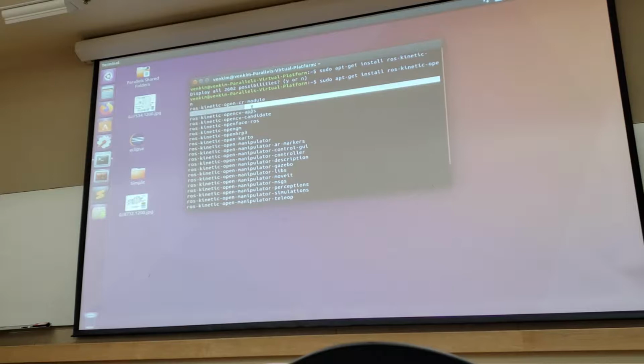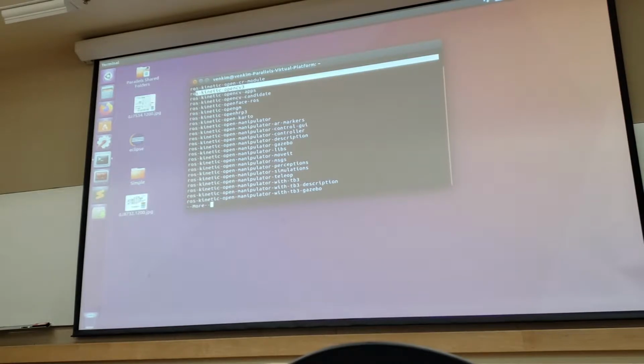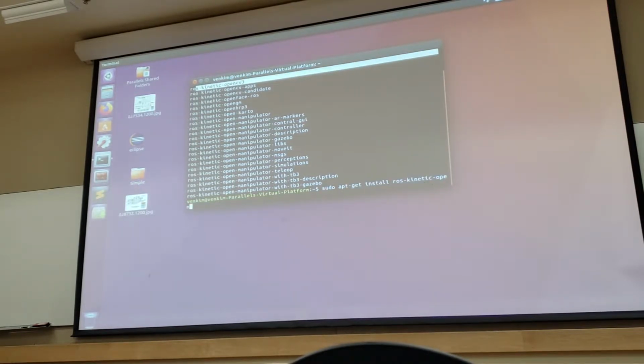So OpenCV 3 is good. So you install OpenCV 3. So just type in, so that will actually install the ROS version of it. So the other one you can also do, if you want to actually have the OpenCV, yes, you can actually type in